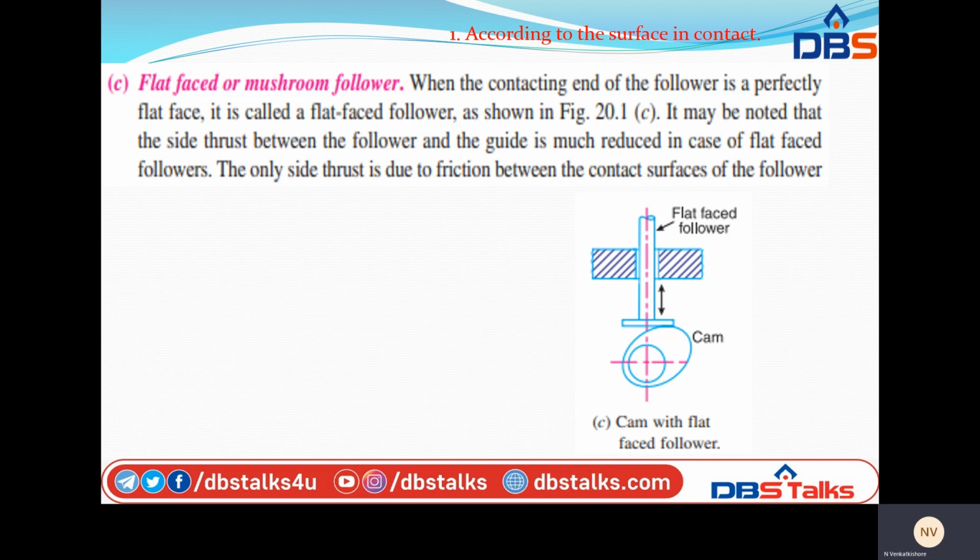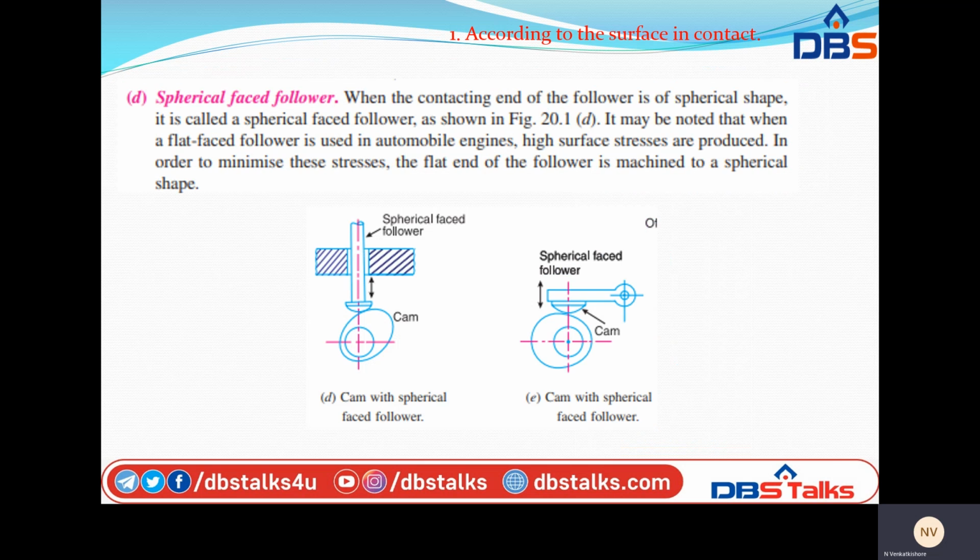Okay, when the flat faced follower is circular, it is then called a mushroom follower. So here, if you see the bottom surface of the flat faced follower, we are having a flat one. If you observe clearly, the flat one is slightly curved. The flat one being slightly curved means it is known as a mushroom follower. So the mushroom shape is that the bottom is flat.